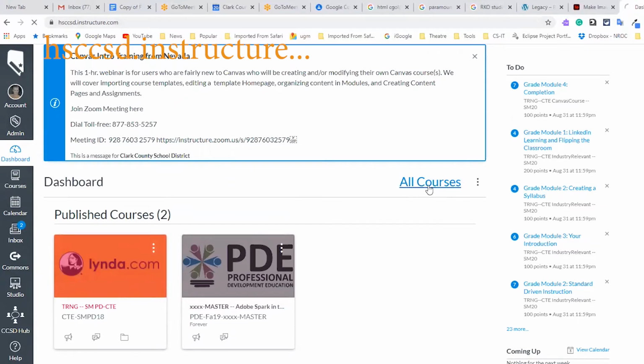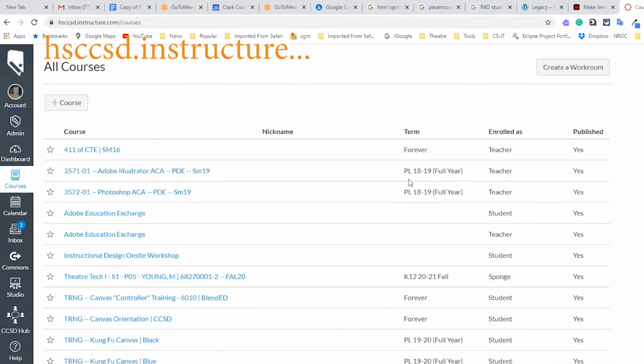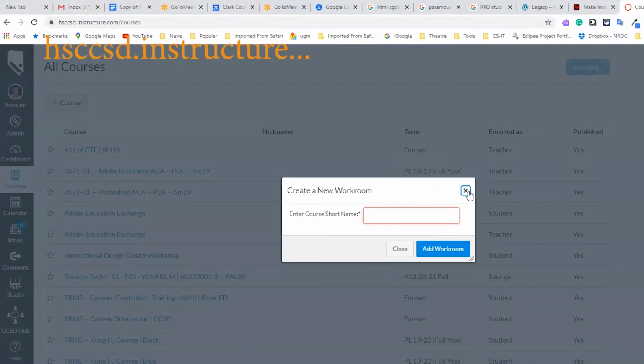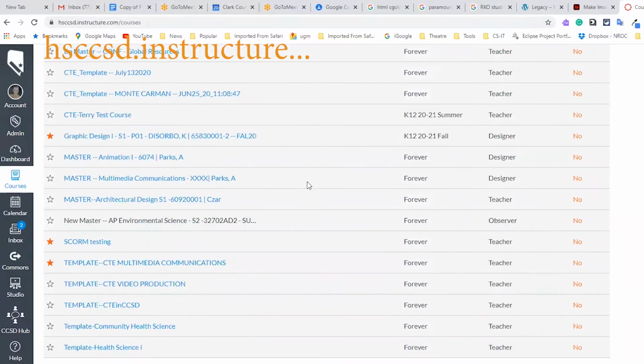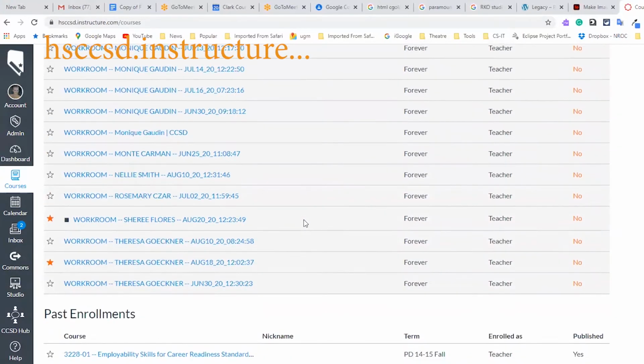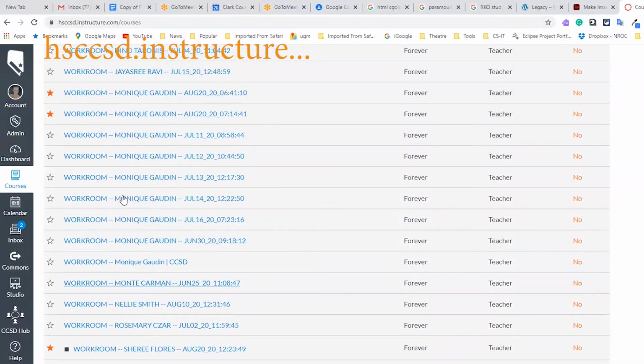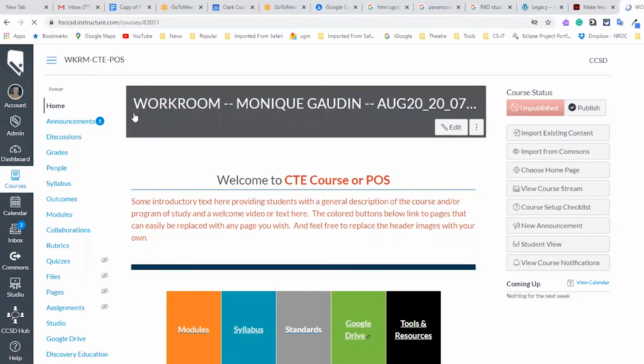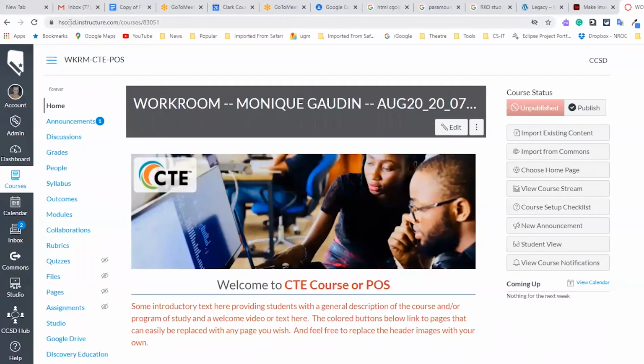You could create a workroom here. I actually did. I hit create workroom. I named it WRS. I'm not gonna do another one because I end up with too many here. So here I created, see how I'm still on here? And what I did was I imported from Commons. I imported the template. You just go import from Commons,